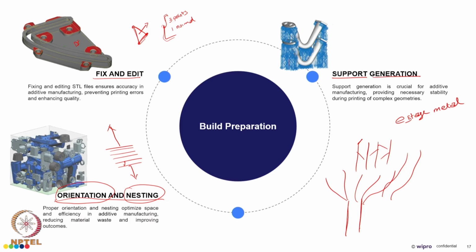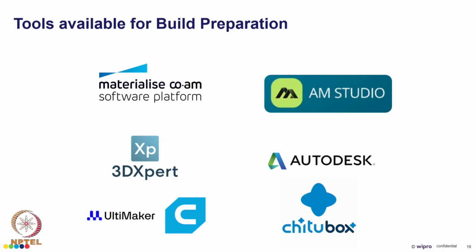And even when it comes to orientation as well, the software is capable of making different orientations and finding out which is the best orientation which will not require most of the support structure. And even when we give a condition like strength, then that also will be taken into account. So, these are some of the tools which are available for build preparation,